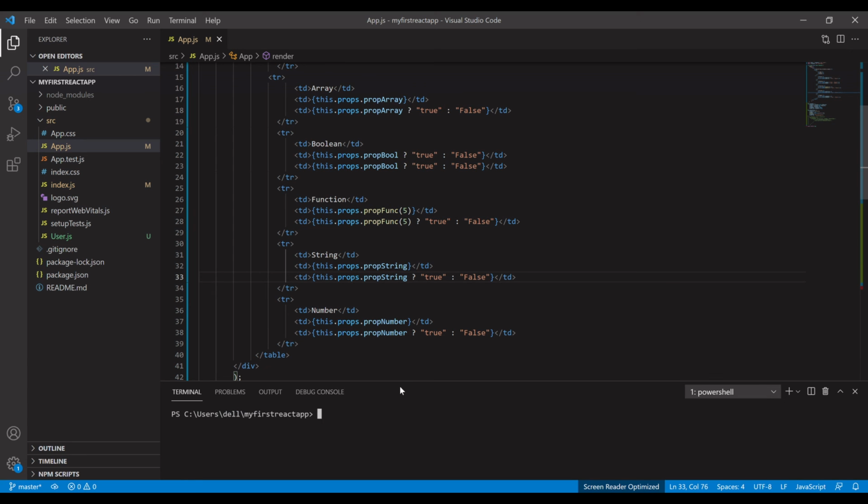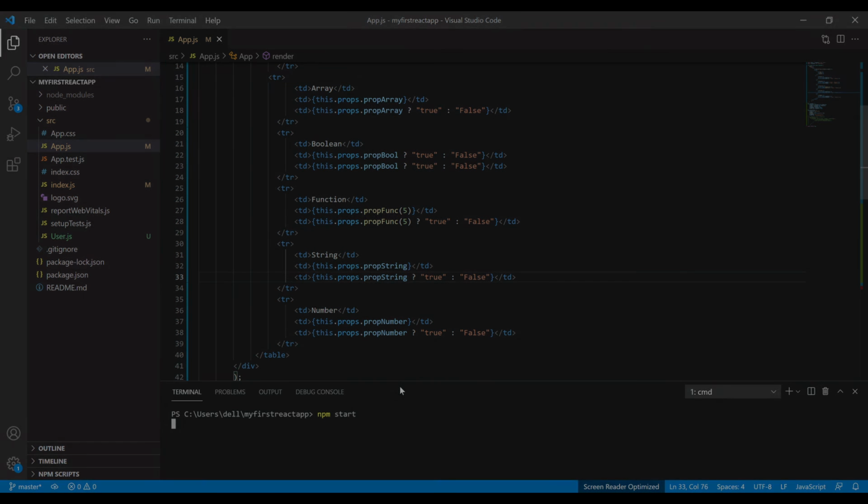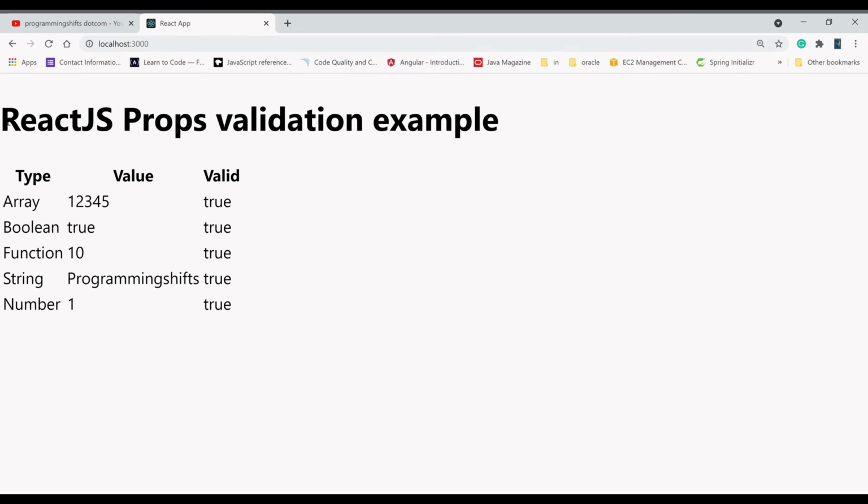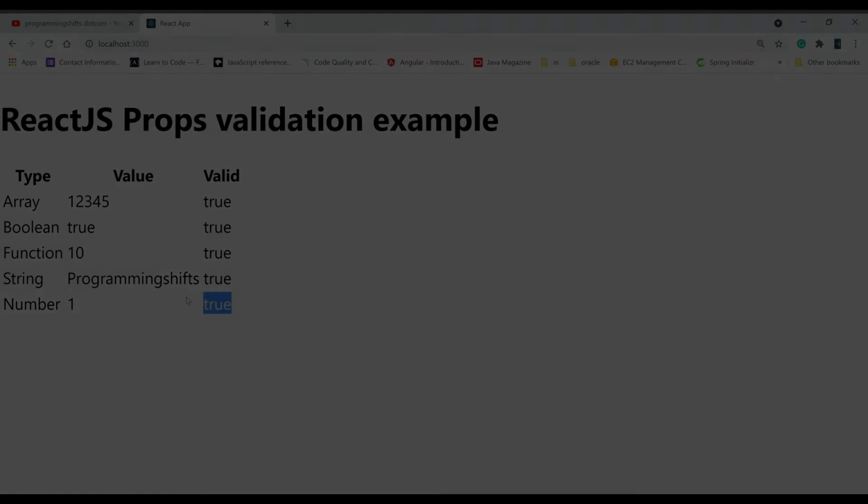For that, what we have to give is npm, and then we pass start. Okay, npm start, running on localhost, React JS props validation example, and as we have given, there are 3 columns: type, value, valid. First we are passing array 1 2 3 4 5, true; boolean, true, true; function, 10, because we are passing 5 as a value, 5 plus 5 is 10; then string, programming, true. So all the types are